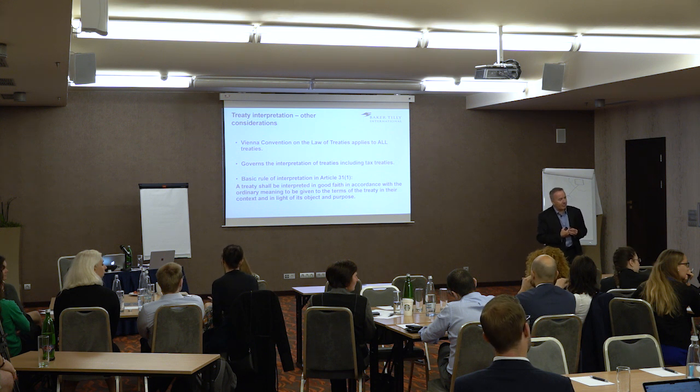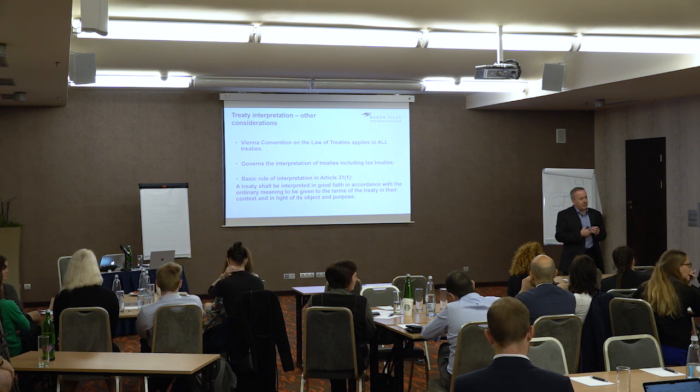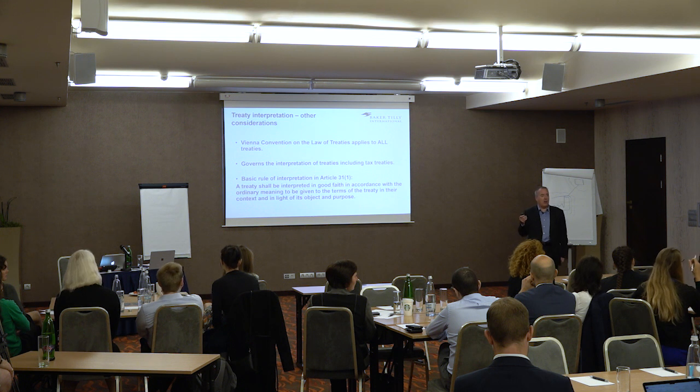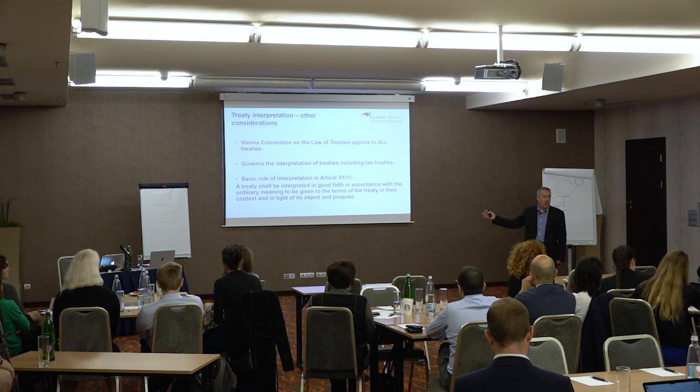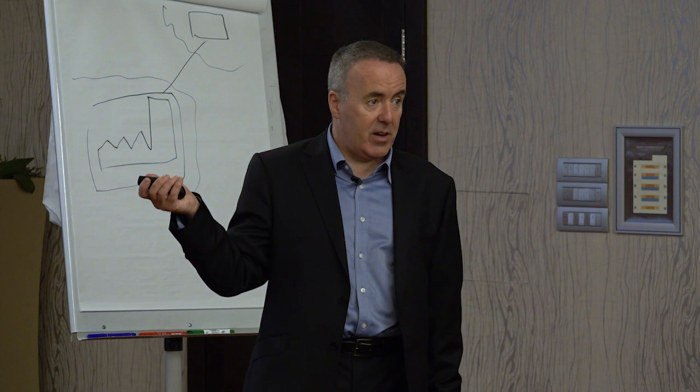It's basically there so that if you can't agree on the interpretation of the international treaty, you use the Vienna Convention to hopefully solve differences we have. Yeah, so the comment there was that if you can't agree on the interpretation of, and importantly said, an international treaty, the Vienna Convention applies to all treaties. So tax treaties will be the last of its concerns, but they're covered by any international agreement or treaty, and can be interpreted under the guidance provided by the Vienna Convention.